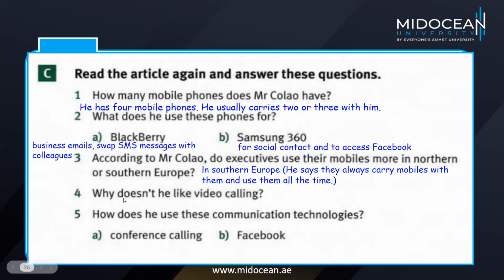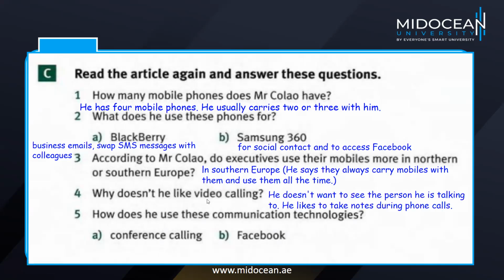Number 4, why doesn't he like video calling? So he doesn't want to see the person he's talking to. هو مش عايز يشوف الشخص اللي بيكلمه عشان هو بياخد notes, okay? He likes to take notes during phone calls. And number 5,